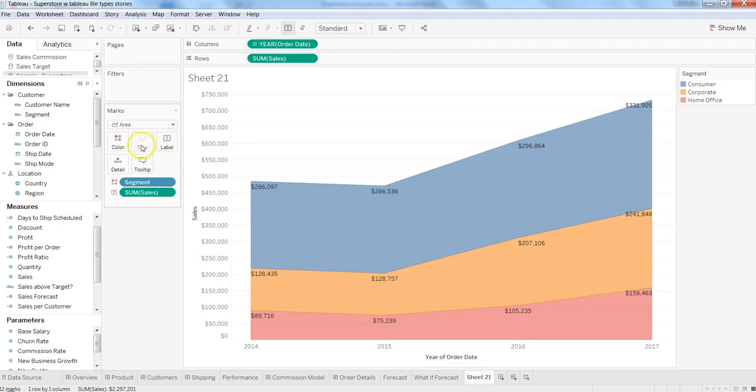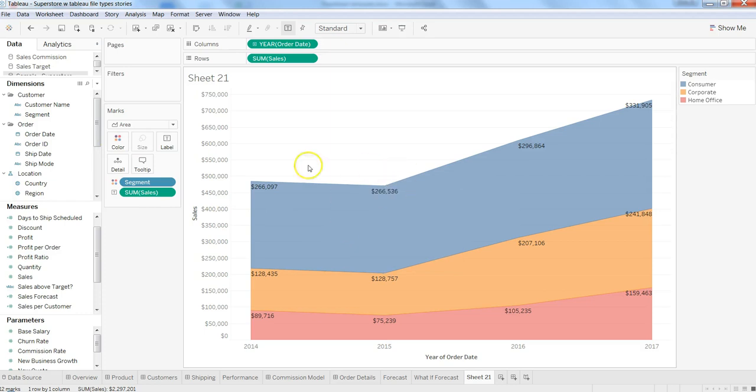As you can see, the size is not enabled because size is by default based on the sum of sales that is there. Area size is basically based on that, so that's why it is disabled. But the detail tab and the tooltip are what is enabled along with the color. So that's how very easily you can go ahead and create the chart.